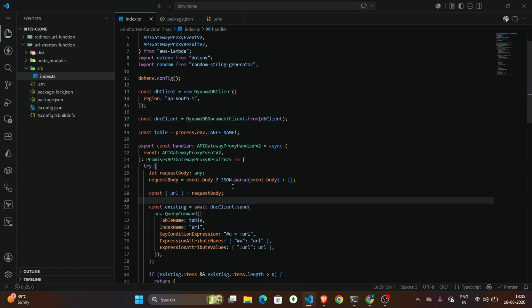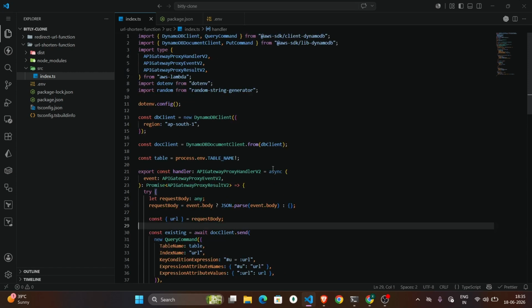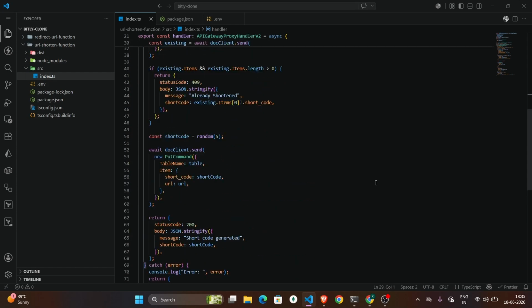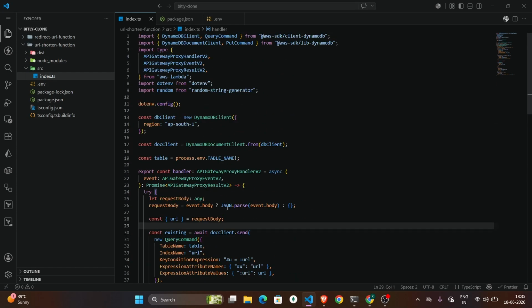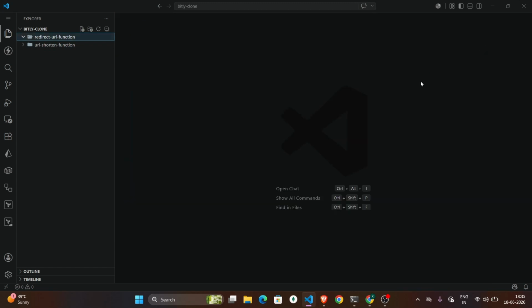Yeah, so our URL shorten function is created. We will check this code in the next video where we create the Lambda functions. So that's our short code generator function. Now let's go to your redirect URL function, close all,